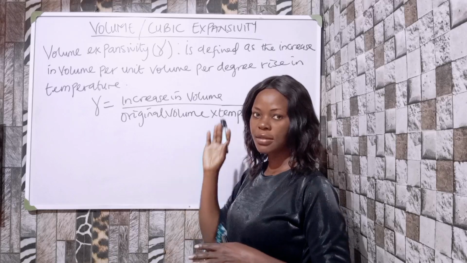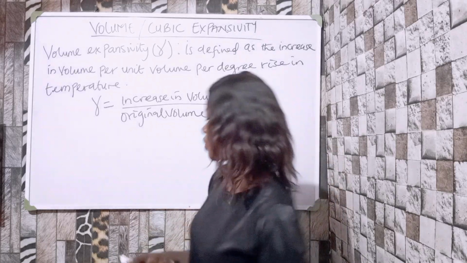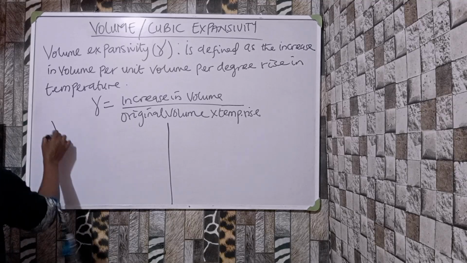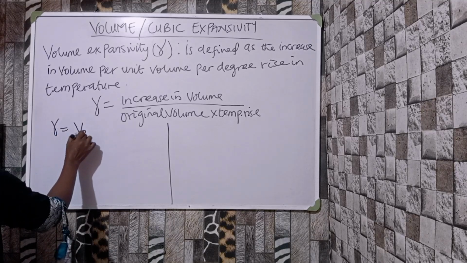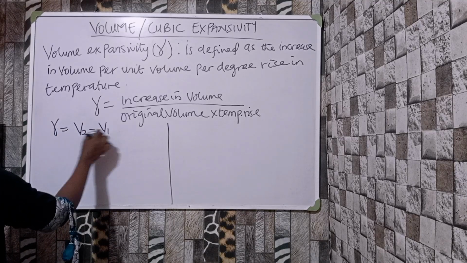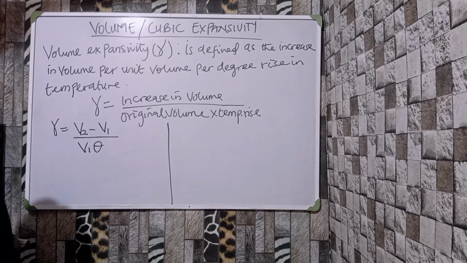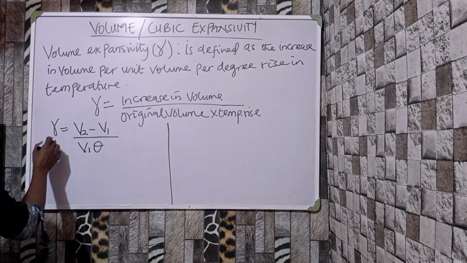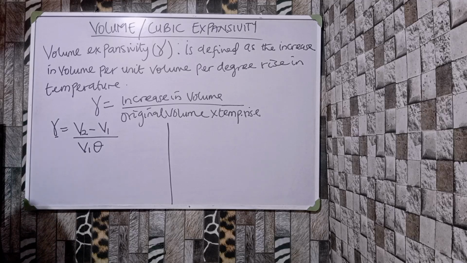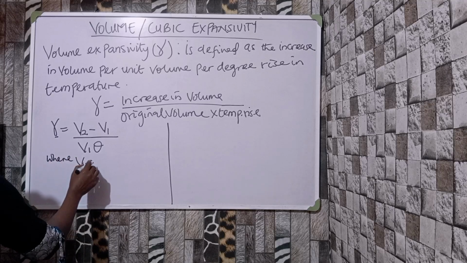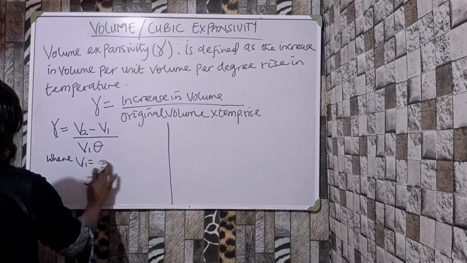Okay, so let's expand it and see what we have. Then gamma is equal to V2 minus V1 all over V1 theta. Okay, now that is if you are looking for volume expansivity, right? All right, where V1 is the original volume,